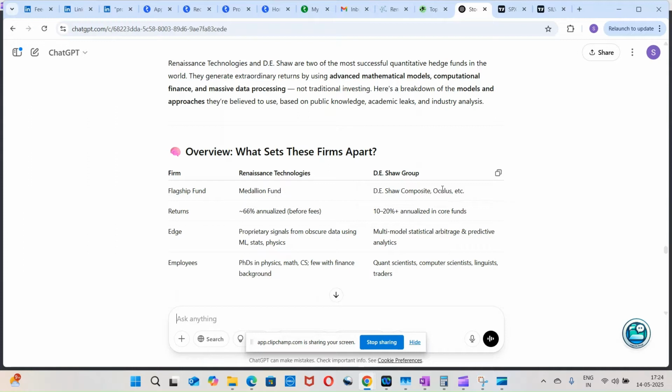and use a lot of statistics and probability to come up with mathematical models that can give signals which can be traded upon to make profits. The quant hedge funds also use massive data processing. They collect data from a lot of places, and they try to find patterns and anomalies which are repeatedly occurring within that data, and